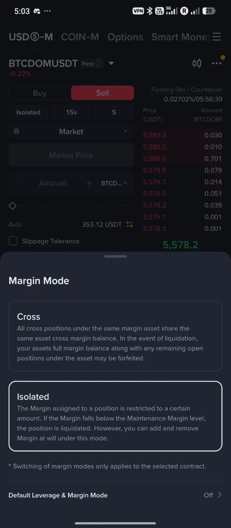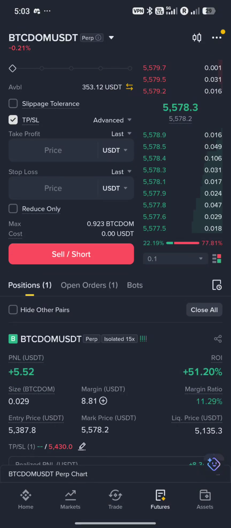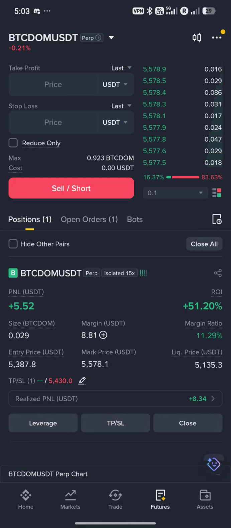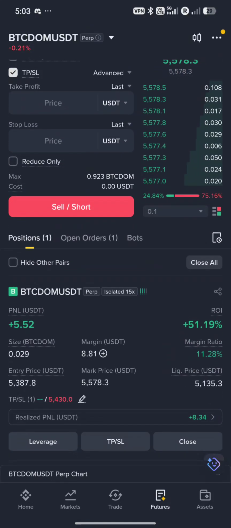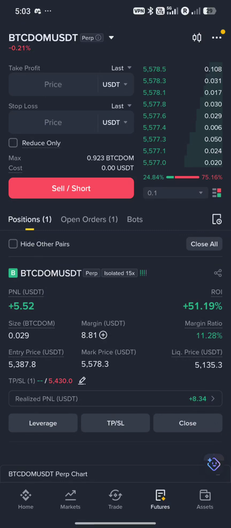But when you use isolated, it means that even if you don't set a stop loss, the liquidation price, you can see the liquidation price there. Once price gets to this liquidation price, only the amount that is inside this particular trade will get liquidated. For example, I've already closed, taking a lot of profits from this trade, but I have what is left. I have $8.8 left in this trade, not the profit that is running. So if this particular trade should continue to run in loss now, and I'm using isolated, only this amount